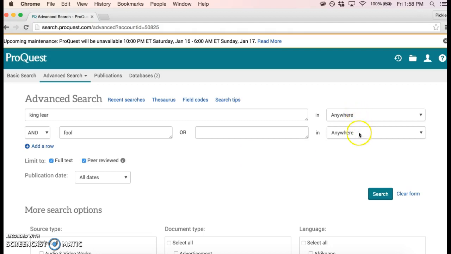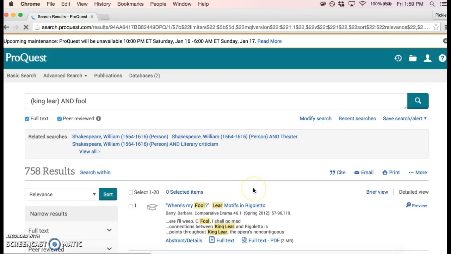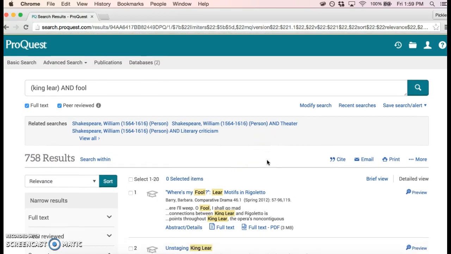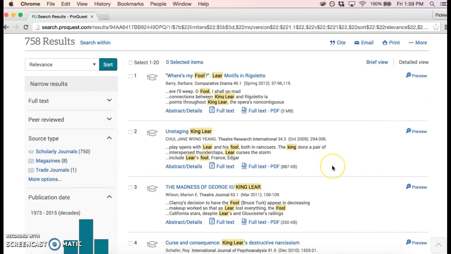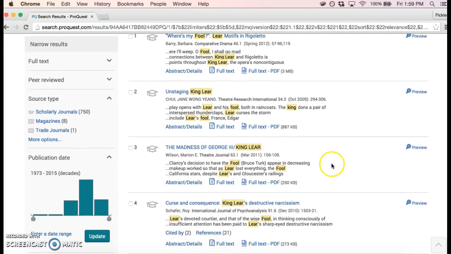Right now we have both of these terms set to search anywhere in the text. So it could be in the title, it could be in the abstract, it could be in the text of the article. So I hit search. I can see I have 758 results, which is not crazy, but it's certainly more than I'm going to look through. And as I start to look through here,